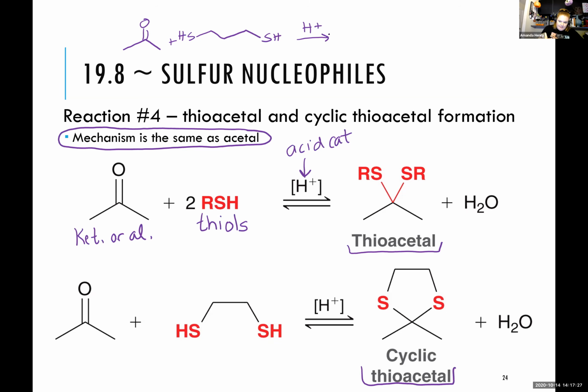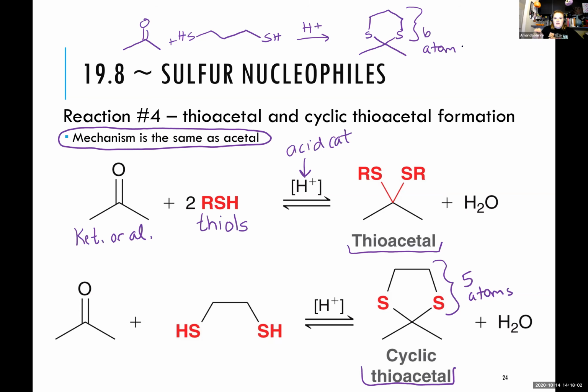So the one in the example on the bottom has just a 2 carbon chain. So we make a ring that has 5 atoms in it. But we also know that a 6 atom ring is very stable. So let's see. Sulfur. There we go. So we could make it with a 6 atom ring as well if we start with 2